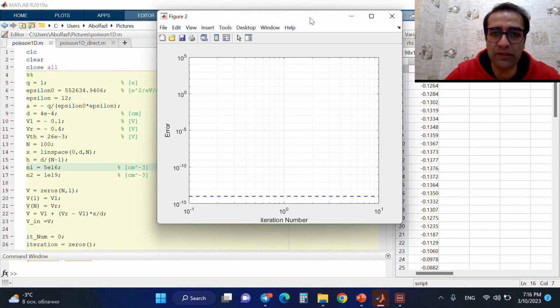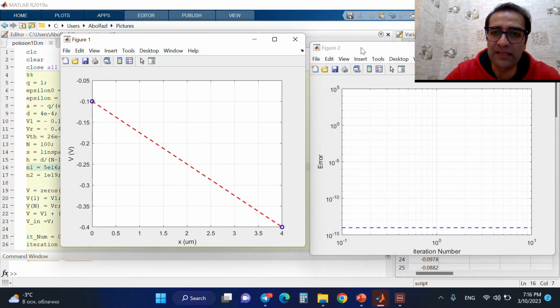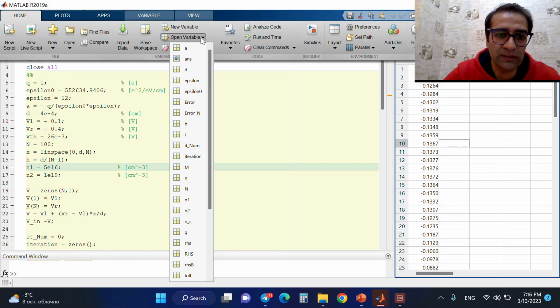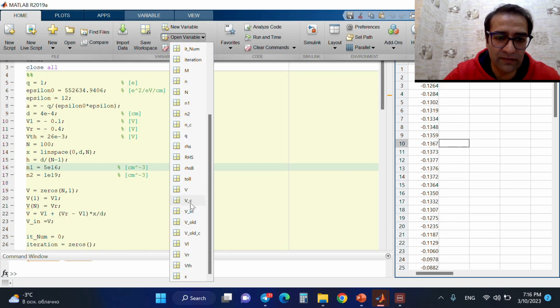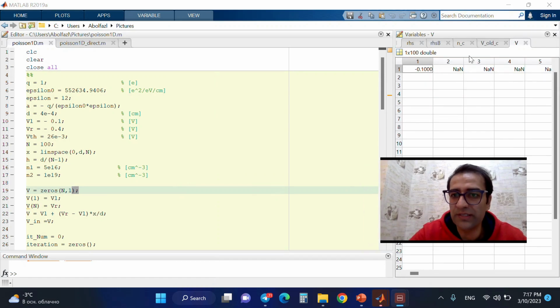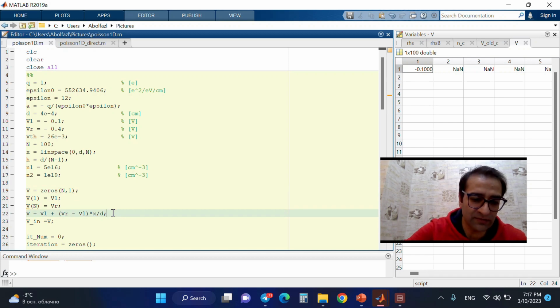You see, there is no convergence graph because not a number appeared for the error and for the potential. If I just open the potential, V. Okay, where is V? You see that not a number appeared for V. And you know why? Because the disadvantage of this direct calculation is that it is really sensitive to the initial guess. If I disable this initial guess that I defined later with Control R and press F5,